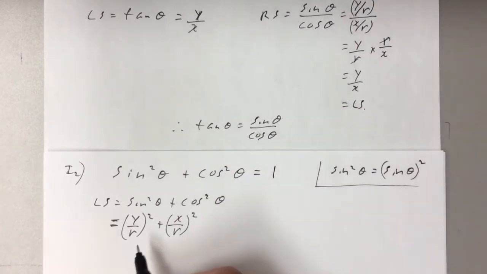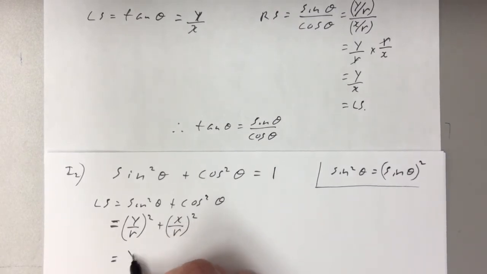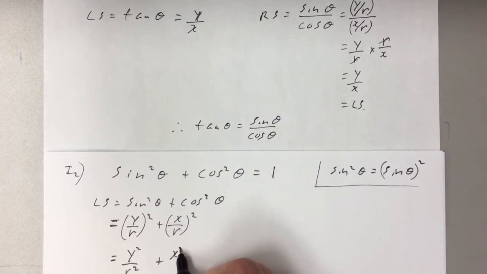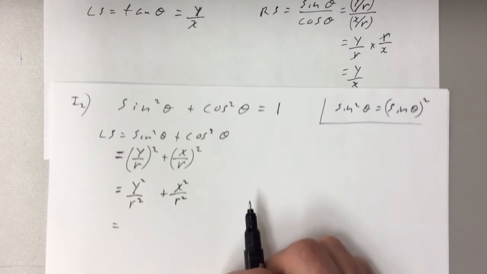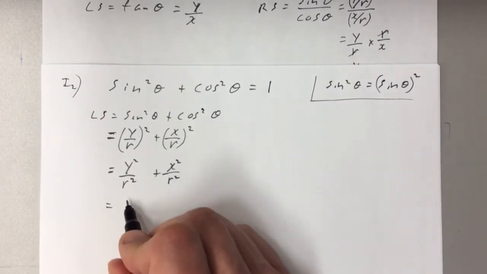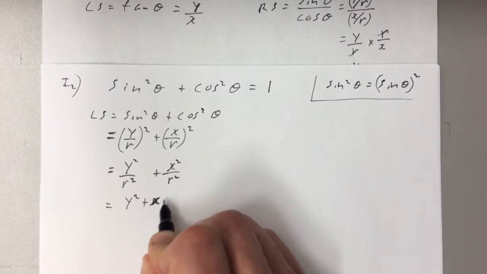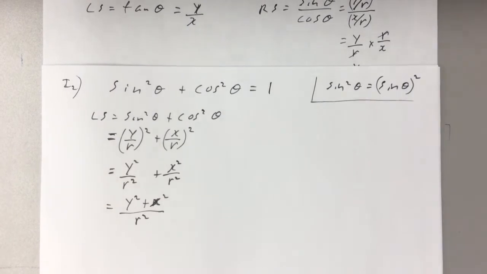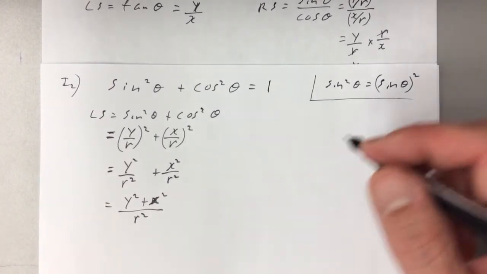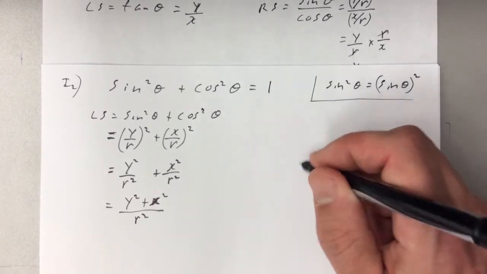Okay, so now I'm going to distribute in the squared here. So we got y squared over r squared plus x squared over r squared. We have a common denominator, so we're going to do y squared plus x squared over r squared. Now, if you recall the relationship between x, y, and r,